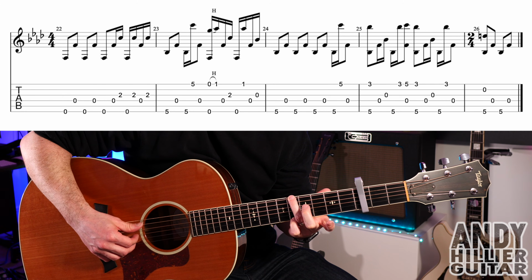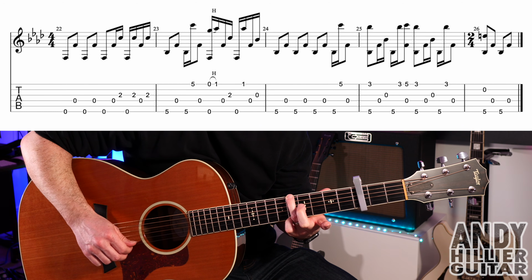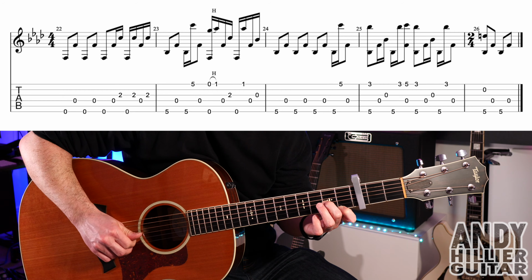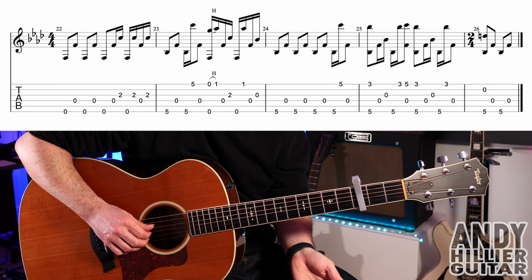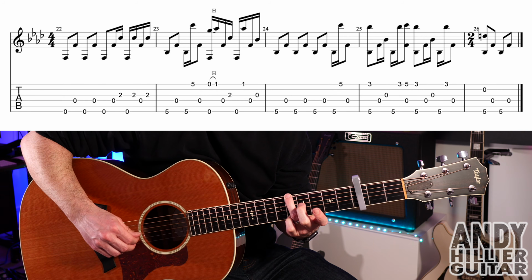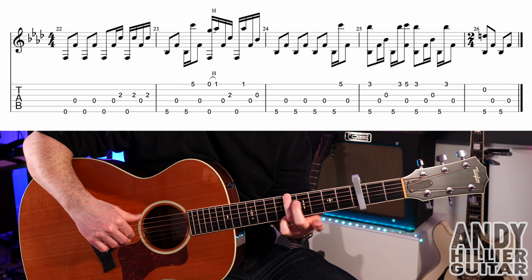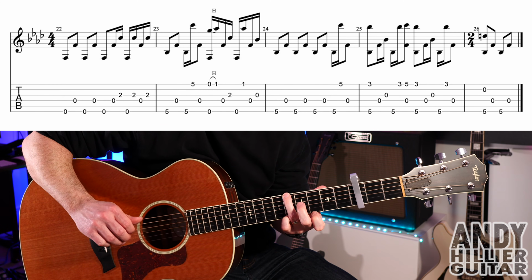into the next bar, we play E5, D, E5, E5 nearest to the floor, then D, then little hammer on both E strings, E1, D, G2, E, then E1 again, D, and then open G. So bar 23 goes. Into the next bar, bar 24, E5, D, E5, D, E5, D, E5, then E5 nearest to the floor, then D, and then this next bar,